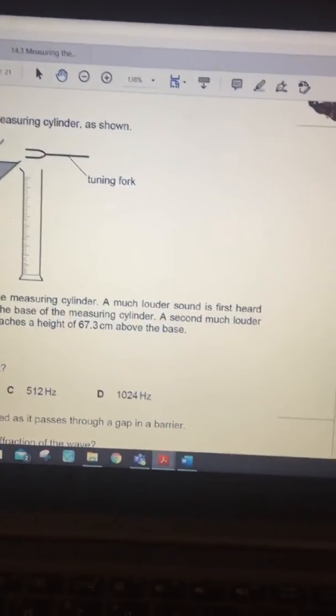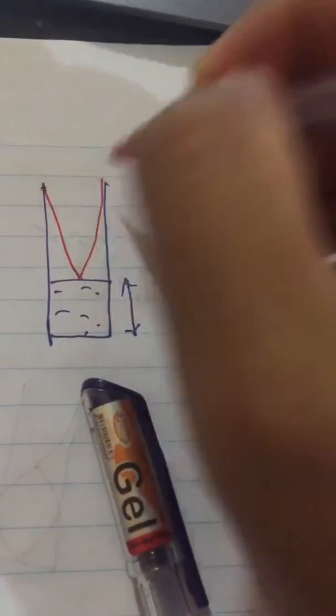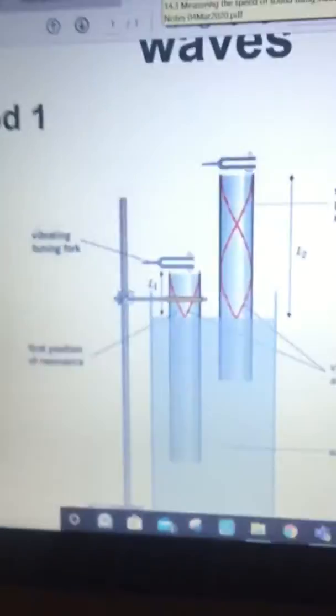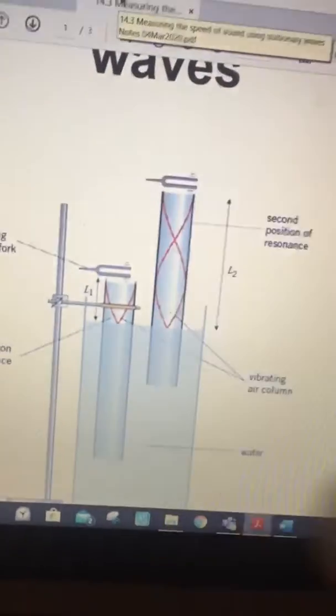Now the moment you see the word first, so it says here a much louder sound is first heard. So the moment you see the word first, you are destined to think that the first harmonic is formed. That's what you would think. But the issue is, if you consider the practical where we use this kind of a method to measure the speed of sound, you can see that